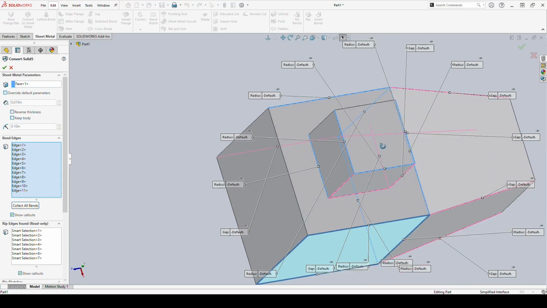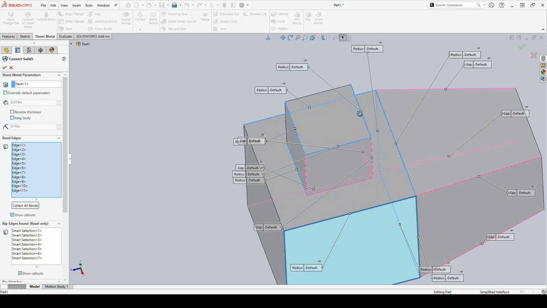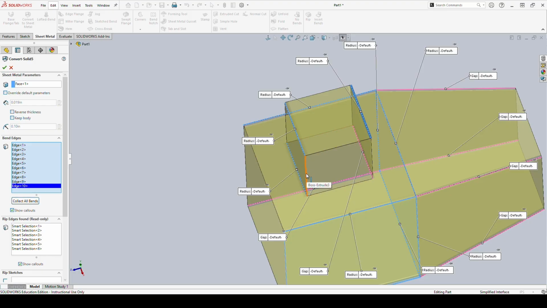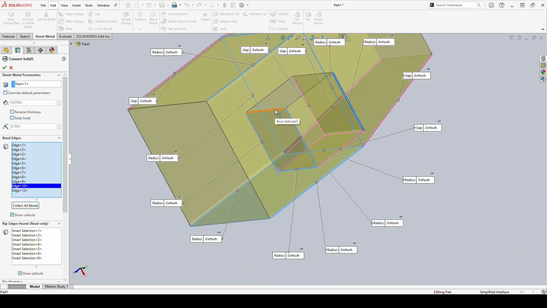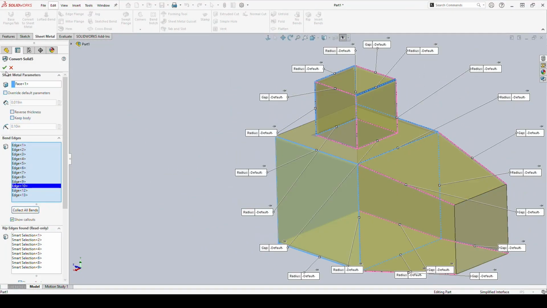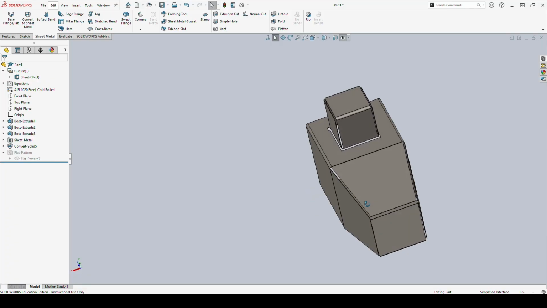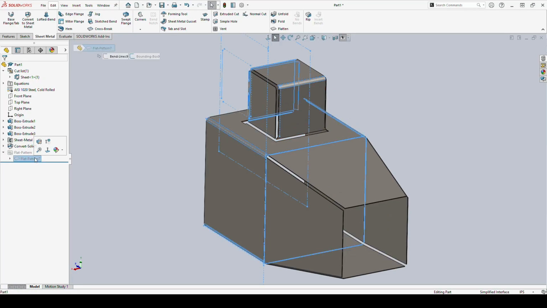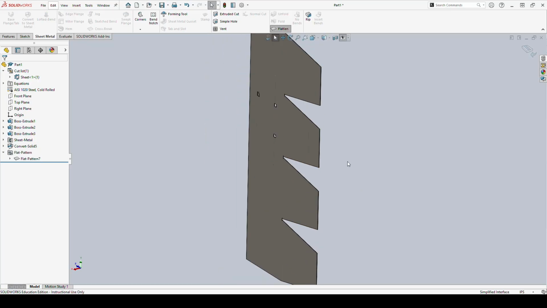It's going to be a series of bends. It didn't like that one. Some corner issue going on there. No problem. We'll select this side here and we'll have it fold in from there. That's got to do with angles and radiuses going on that couldn't be resolved before. So now it thinks it can resolve everything. It's going to be like, great, you've created a SolidWorks part. And honestly, if I just stop and stare at this part, it looks very good. This looks very doable. Unfortunately, this is not doable as all one piece, because if I open my flat pattern,